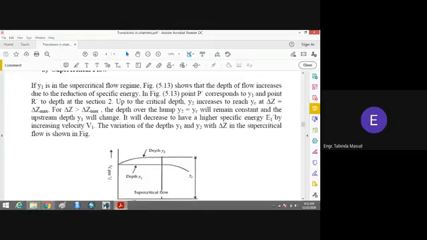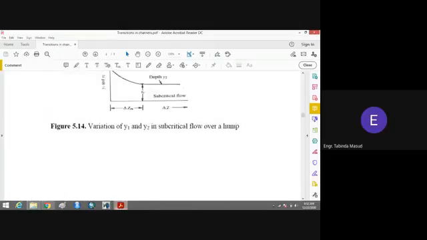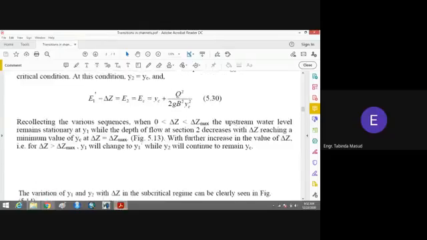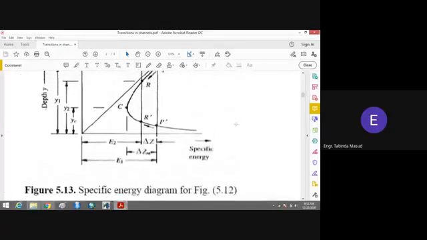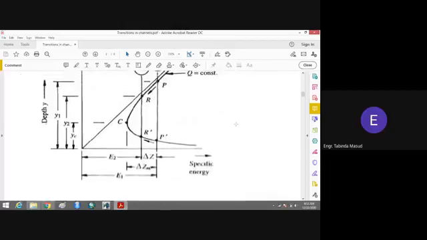So again, if we look into this specific energy diagram, now we will assume that the hump is installed on the steep slope, and again we will assume that section 1 is at the upstream side and section 2 is on the rear. And now we have come to know that when a